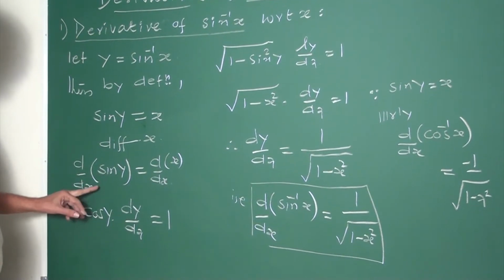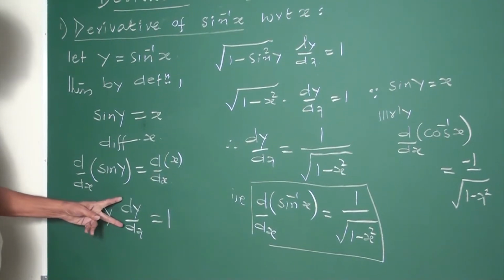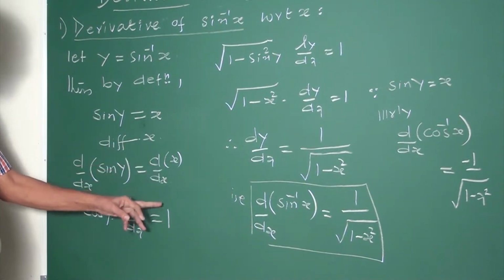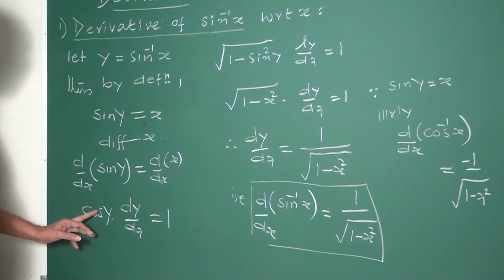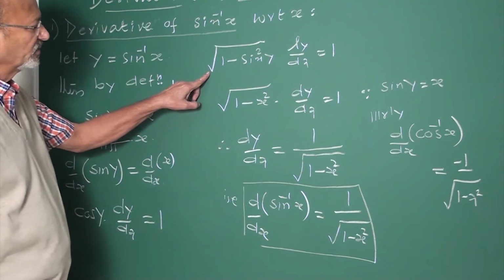First, with respect to y, the derivative of sine y is cos y. Other than x, it's a derivative. dy by dx equals the derivative of x, which is 1. Cos y, using the trigonometric identity,